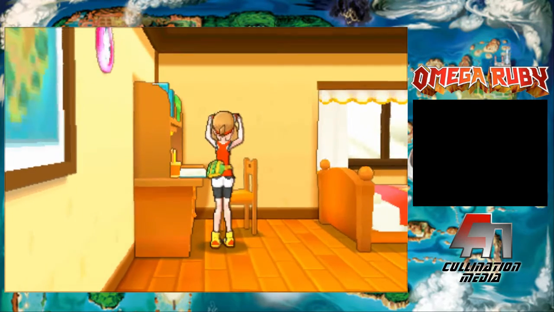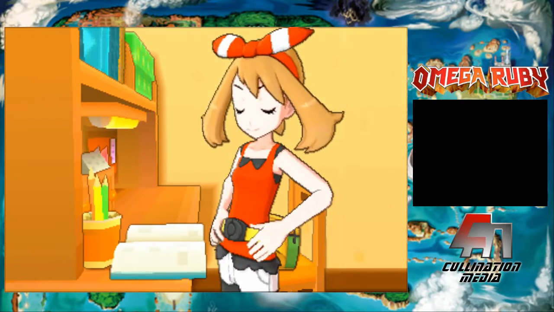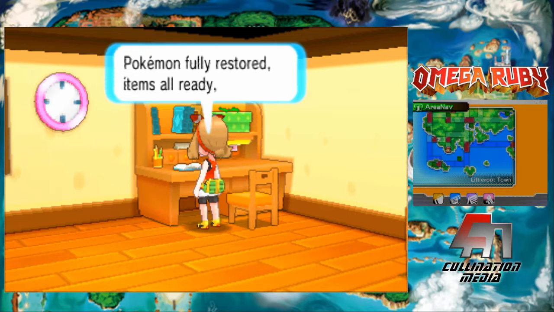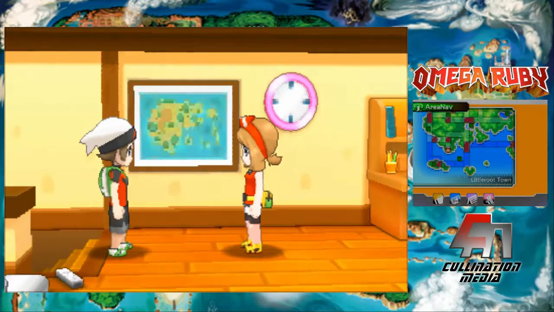Here she is. Look at that, the POV camera shot and everything. Look at her putting her belt on, getting all ready for her adventure because, you know, I think she already has a Pokemon at this point. Pokemon fully restored. Yeah, she does. Items all ready and...